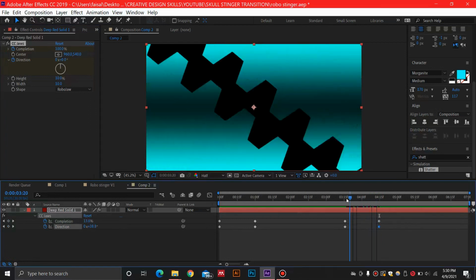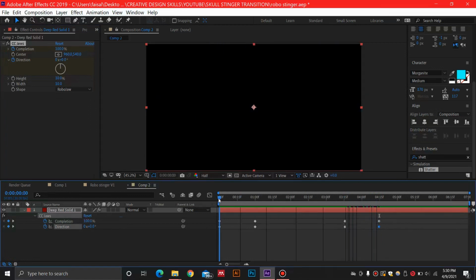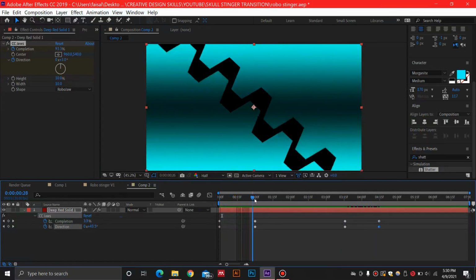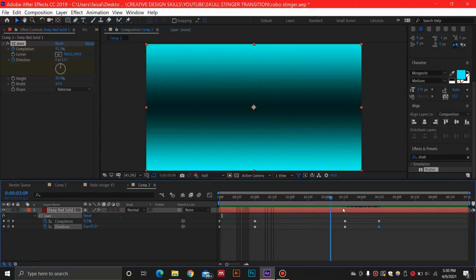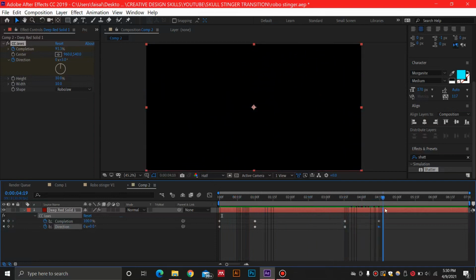So what we will have is a reverse effect over here. First we will have our blank screen, then our RoboJaws door is going to appear, then it's going to show the animation for the logo, and then it's going to disappear. So this will be a transition, and you can switch between games, and it will look really interesting to the viewers.